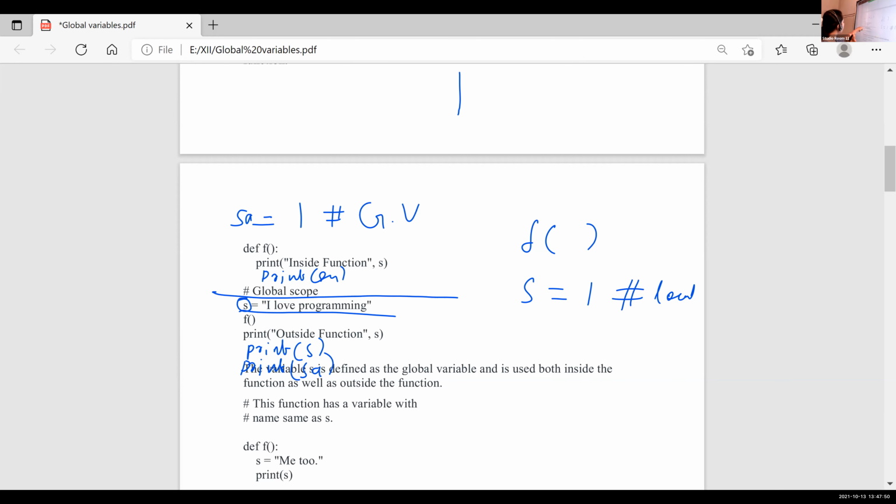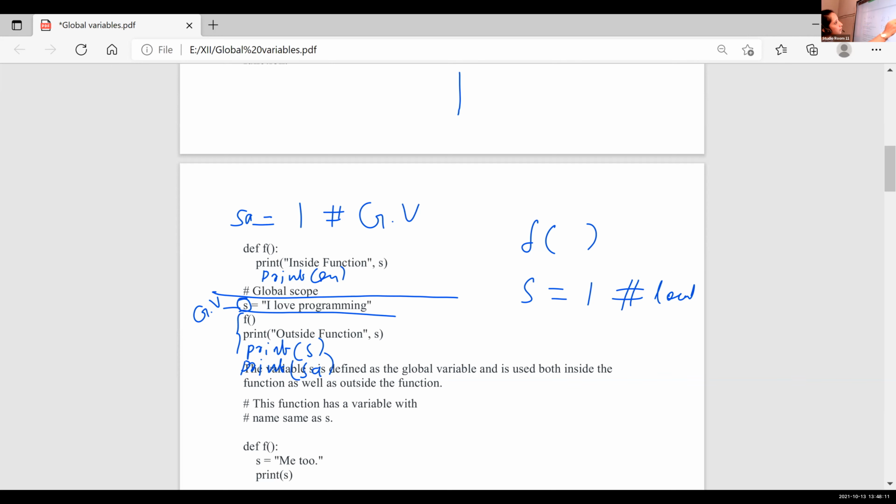But outside the main function, it is used as a global variable. So this is the main function. If we declare S outside the main function or at the starting of the main program, this S is a global variable. If we declare this S inside the main function, it is considered a local variable.